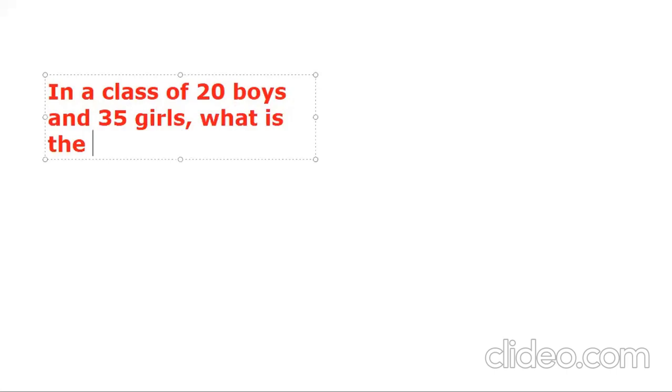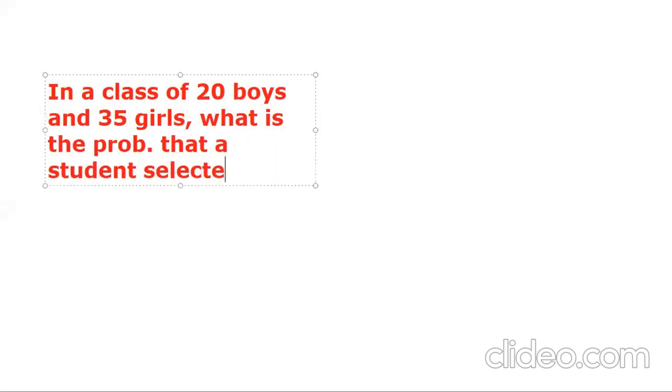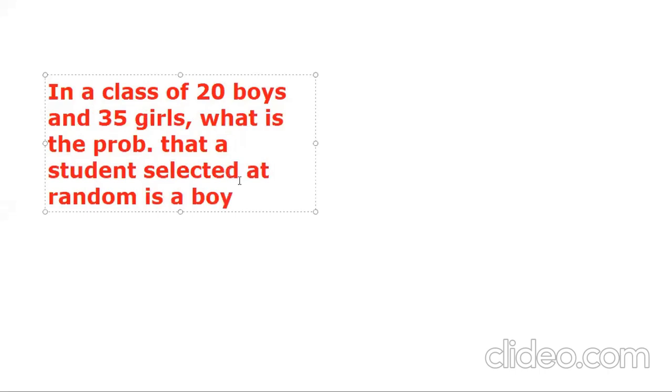of 20 boys and 35 girls, what is the probability that a student selected at random is a boy? Okay, so this is the question. In a class of 20 boys and 35 girls, what is the probability that a student selected at random is a boy? Okay, good. Now, what you need to do